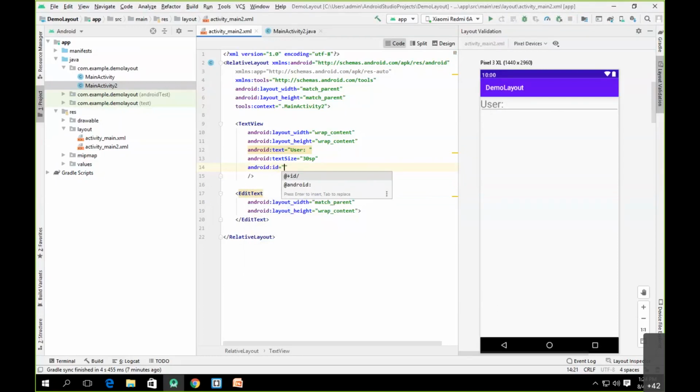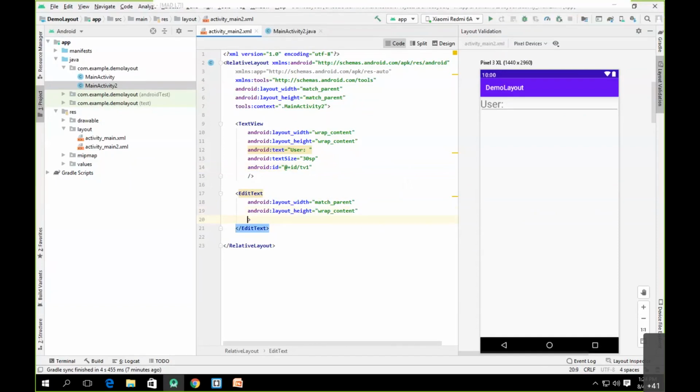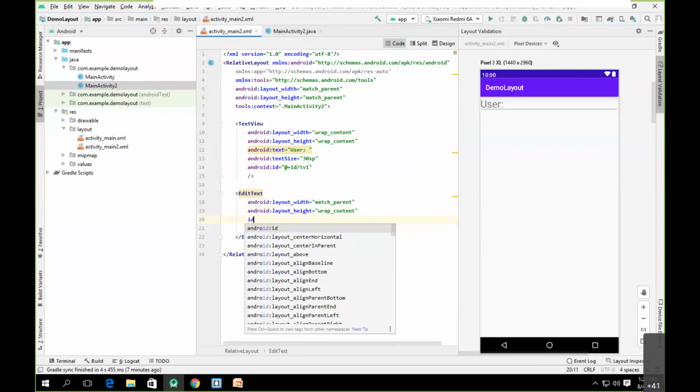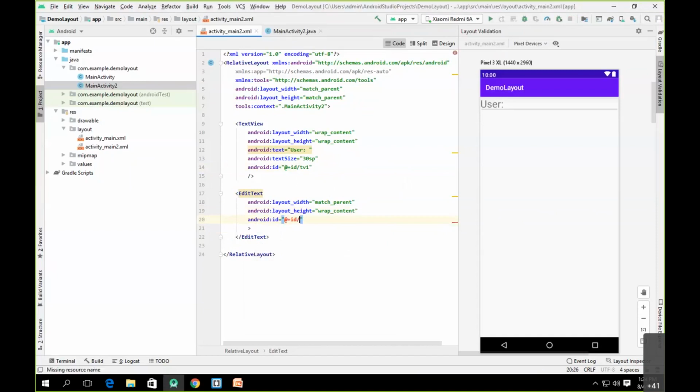You write id, so @+id, and let's say this is our text view, so I'll simply call it TV1, which will be text view 1. Of course, you can choose any name for the text view. Now the edit text will also be provided an ID, so id as @+id ET1, which is nothing but edit text 1.